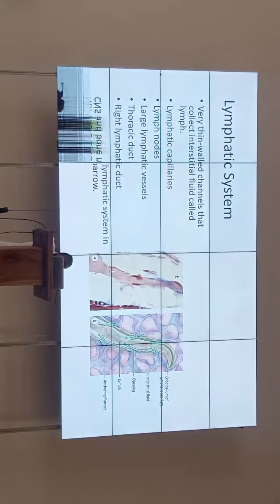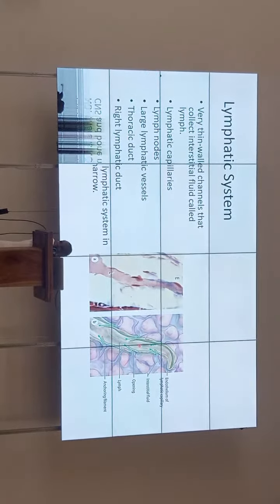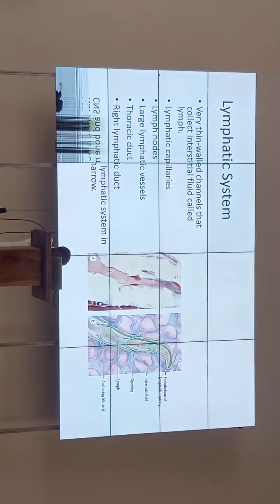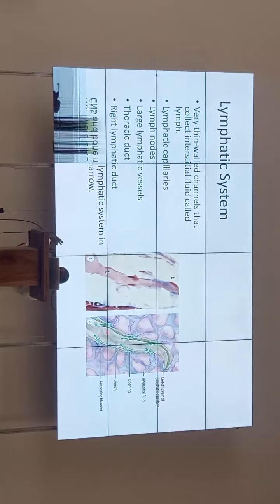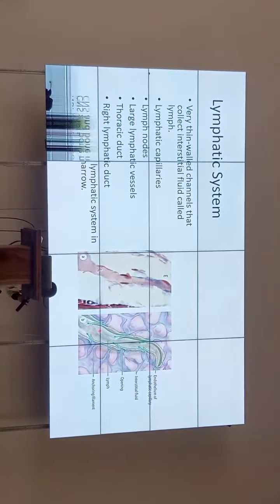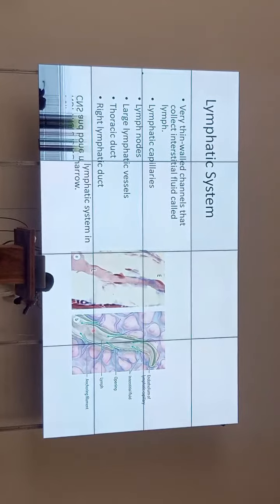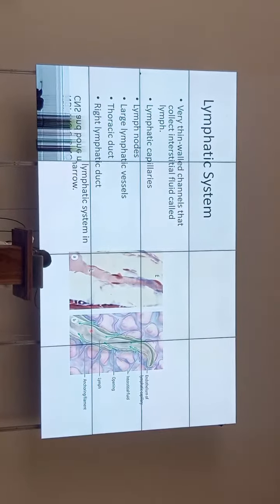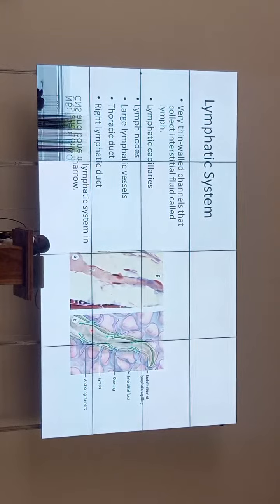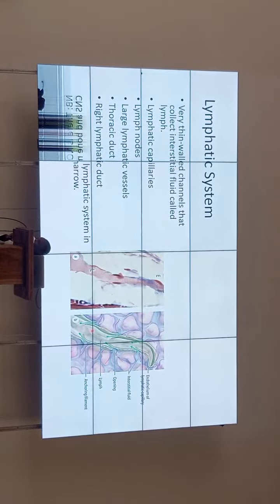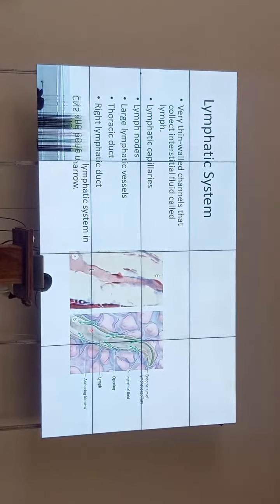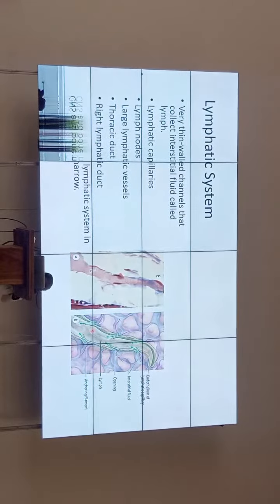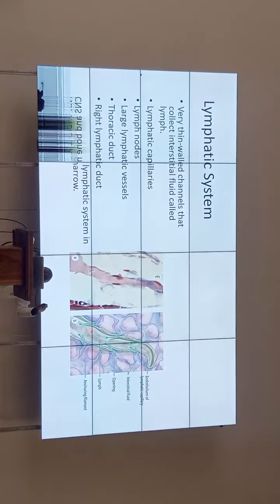Once that fluid is in here, it becomes known as what? Lymph. These lymphatic vessels, as they go upwards, so we've got lymphatic vessels in the lower limbs, we've got lymphatic vessels everywhere except the brain. The brain doesn't have lymphatic vessels. Is that clear? Yes. So as these lymphatic vessels are going upwards, connecting to each other, they lead into